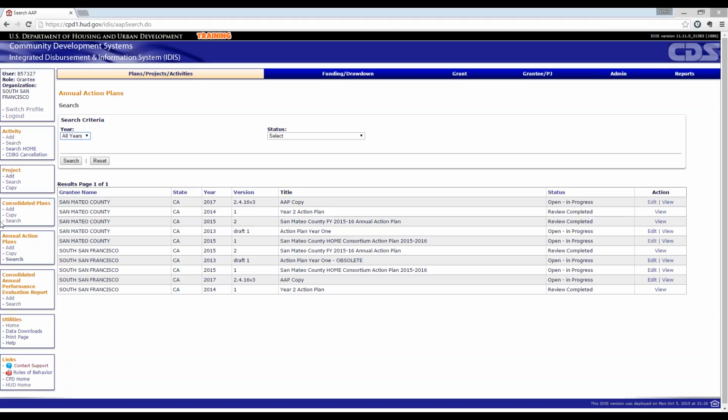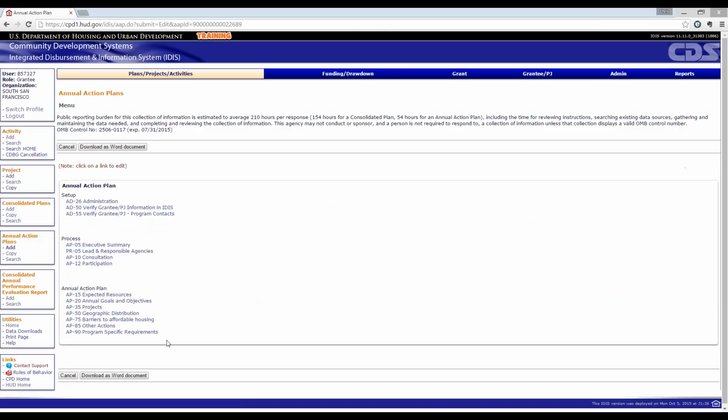And I will see here's that action plan that I created the copy of, the 2017 for version 2.4.16 version 3. That action plan is automatically populated in my list here. So I'm able to go ahead, open that up to edit it, and enter my corresponding information.